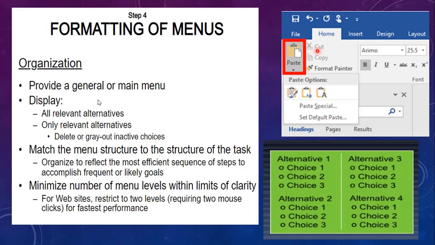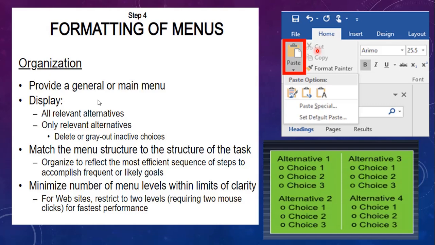That means if you are using keyboard driven menus, for selection of the menus you have to go on pressing the keyboard every time, even if no particular action takes place for the inactive choices. But if you are using mouse driven or pointer driven selection devices, then even if inactive choices are displayed on the screen, there will not be much problem.